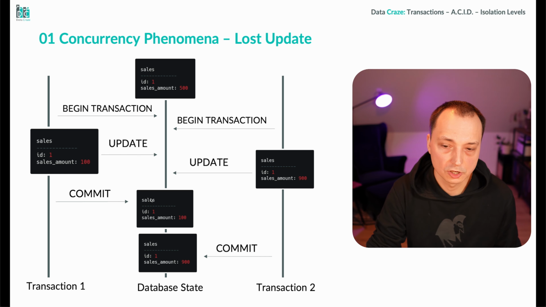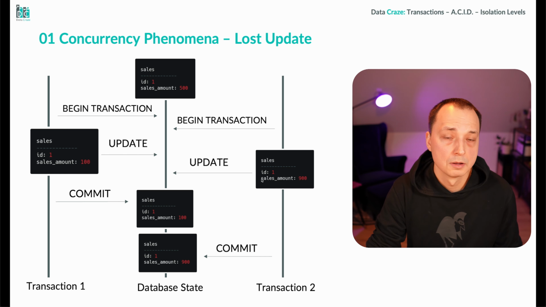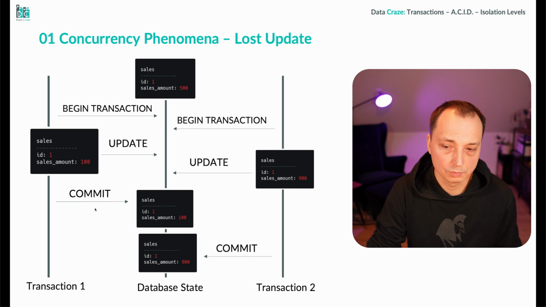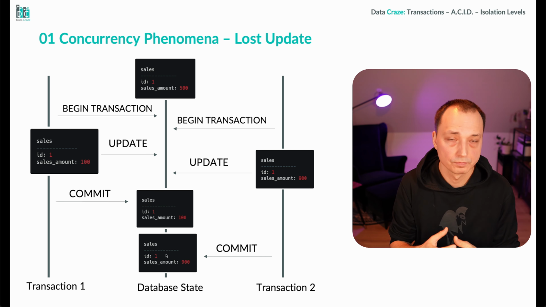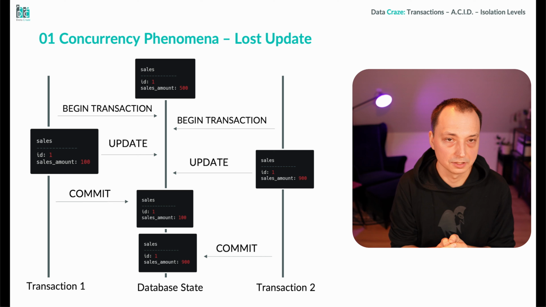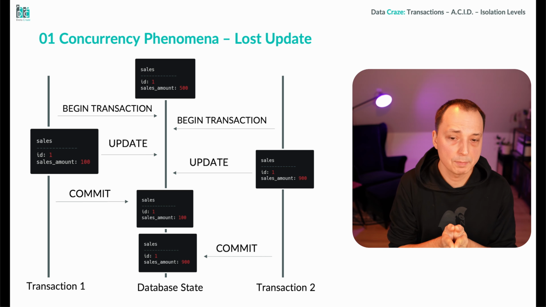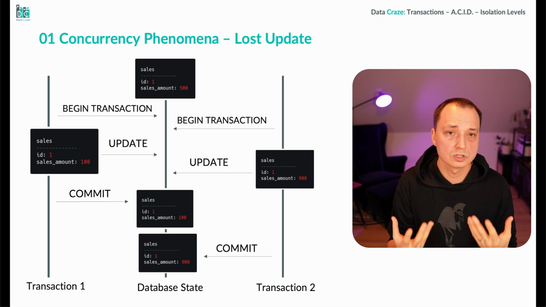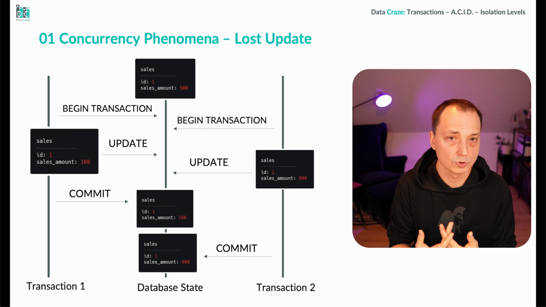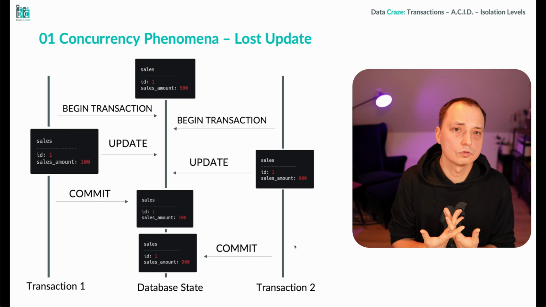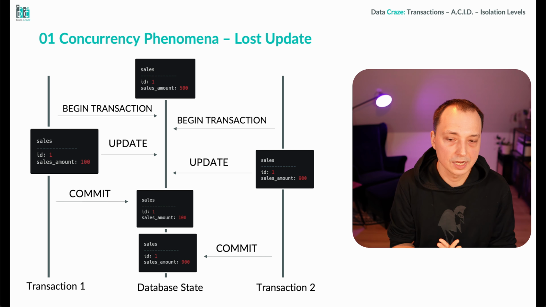Transaction 1 is committing the operation, leaving the database state at a sales amount of 100. But then transaction 2 does a commit after the commit was issued from transaction 1, and the database state is changed from 100 to 900, right? But what has happened in between? We've lost the information that there was a state where the sales amount was 100, especially for transaction 2. So transaction 2 was not aware at that point of time that there was a state change from